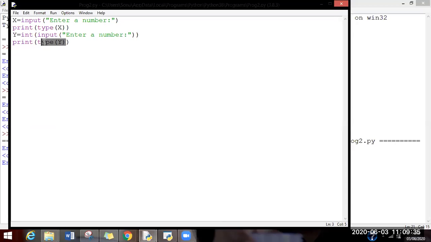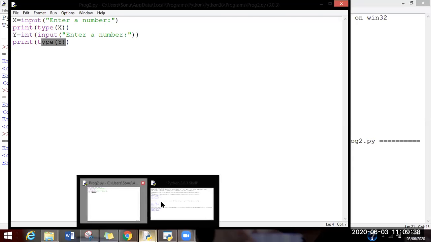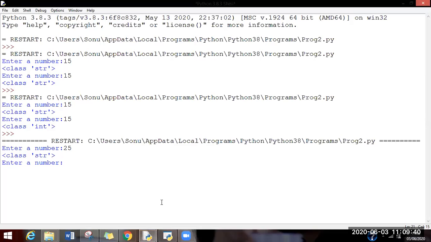On doing a type of y, you will get the output of, suppose we enter 25 again. So no differences in the input as you can see, but the difference is in the backend where we have placed a new method, class int.